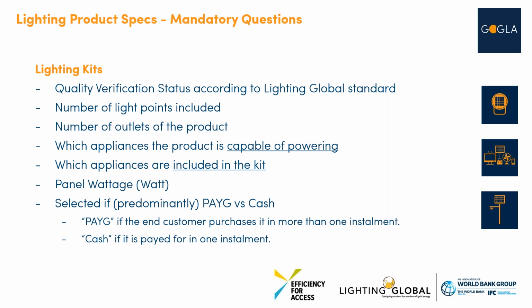Currently we don't have a segmentation between Paygo and cash. No, we do have a segmentation between Paygo and cash products. If a product is sold via both ways, we will ask you to please choose the one that is predominant. The definitions that you see here have been decided in extensive consultations with companies in the previous years. The same is applied for companies. So you will have to basically select if you have sold this particular product either Paygo, if it's paid in installments, in multiple installments, or if it's paid in cash in 1 installment.